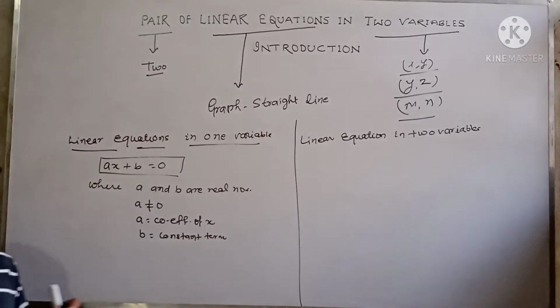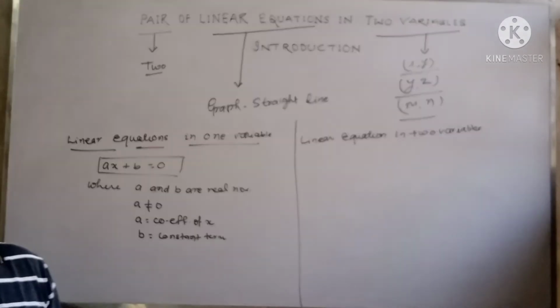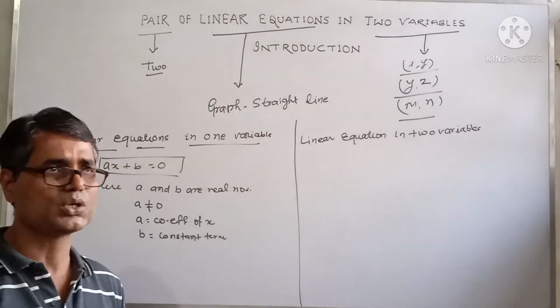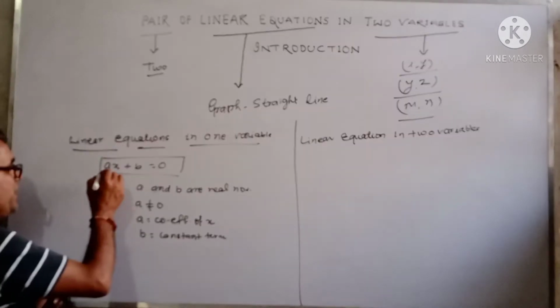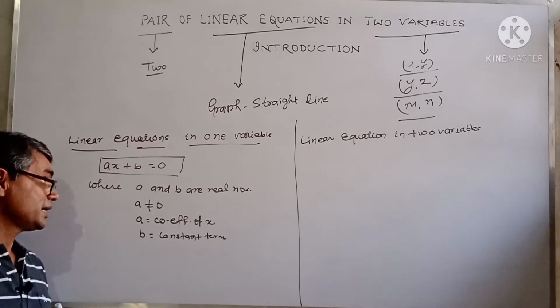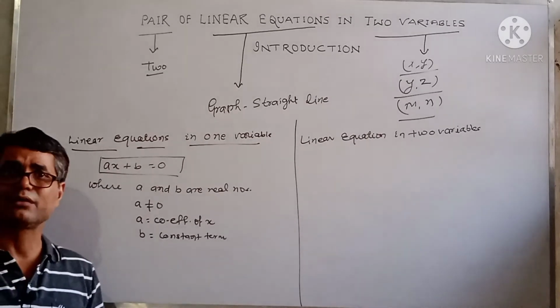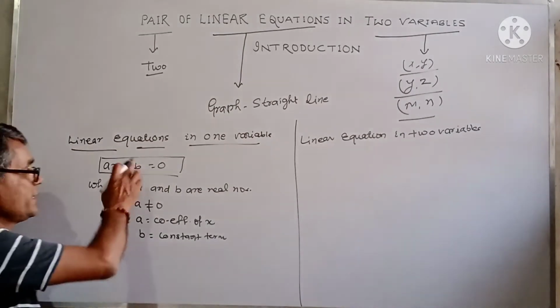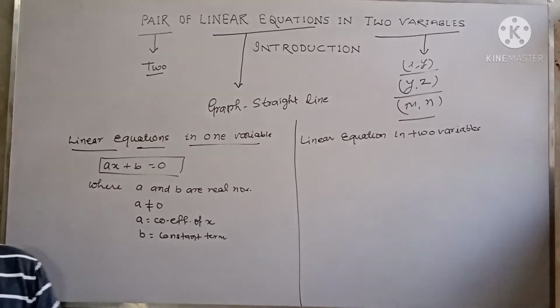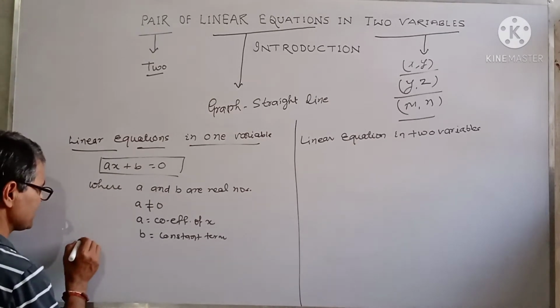I hope you have understood that the standard form of a linear equation in one variable is ax plus b is equal to 0, where a and b, what is a? A is the coefficient of x and it should never equal 0, and it may take any real value except 0. What is b? B is your constant term and it can take any real value. As for example, you may take